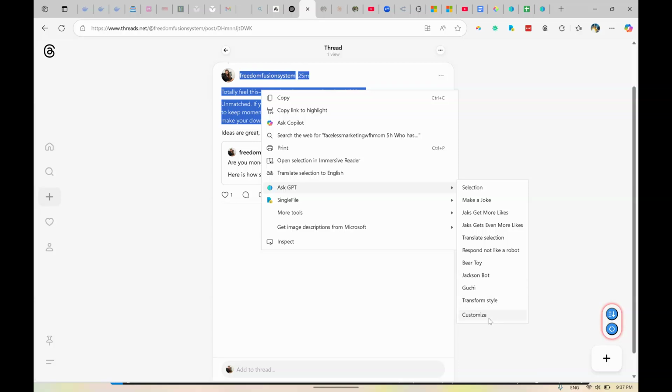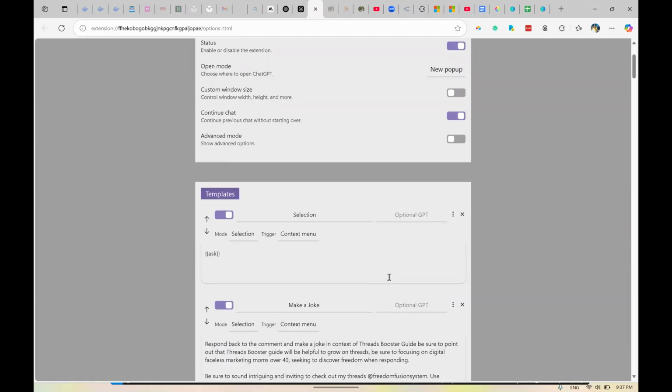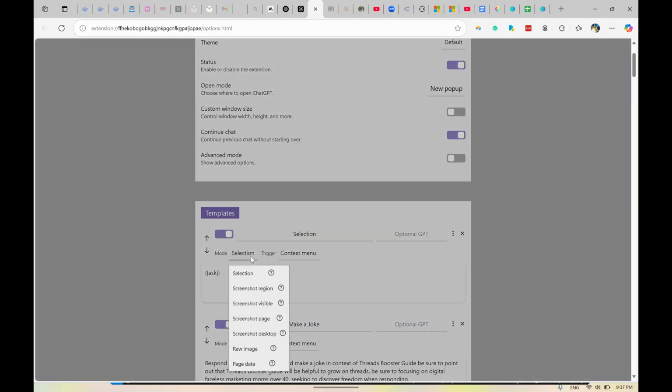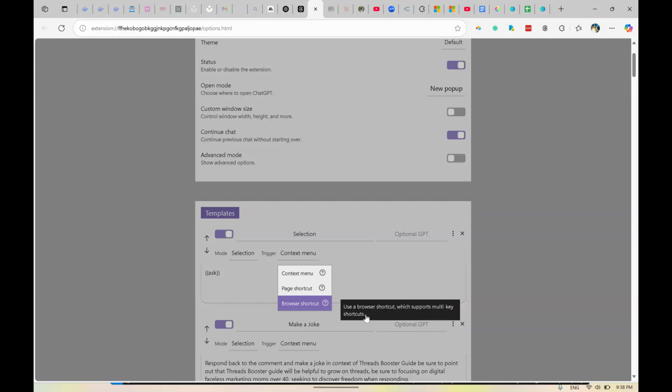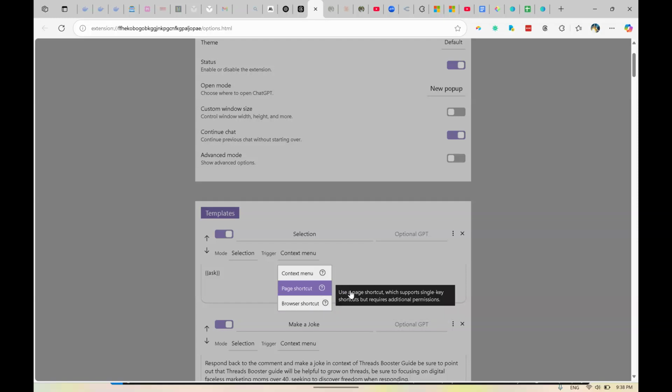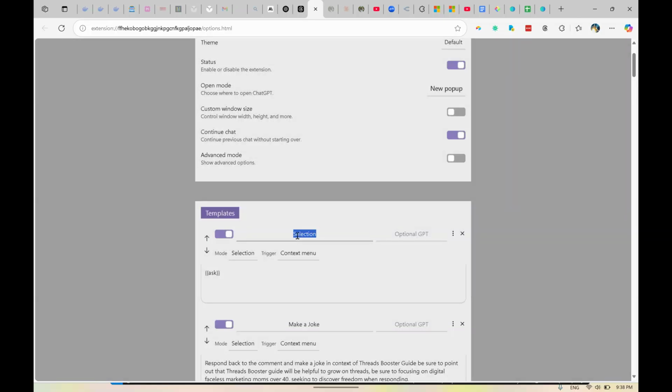I click customize. Let's just say trigger context menu browser shortcut. So use a browser shortcut which supports multi-key shortcuts. Use a page shortcut which supports single key. So let's say if I wanted to do